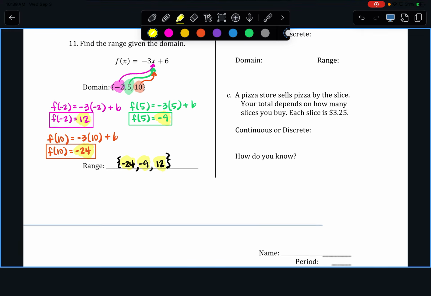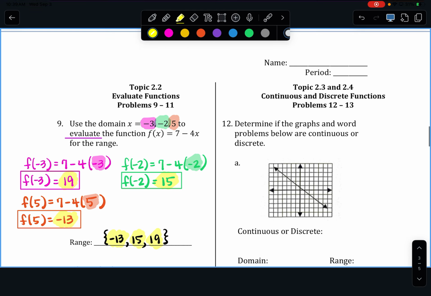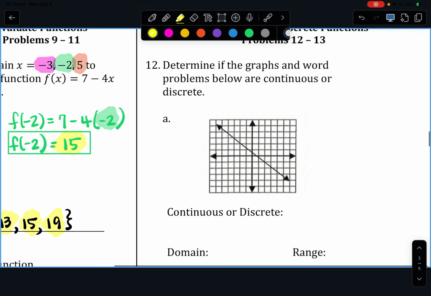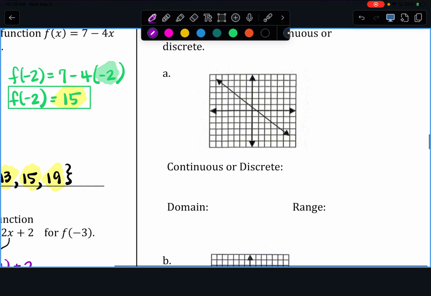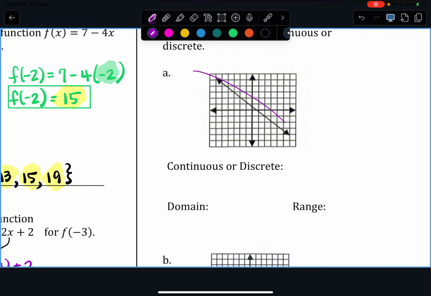Okay. All right, moving right along, back up here to top, number 12. All right, determine if the graphs and word problem below are continuous or discrete. Okay, let's see. Oh, and then it asks you also for the domain and range. Okay, that's fine. Okay, so on A, clearly this is a continuous graph because it is not just a series